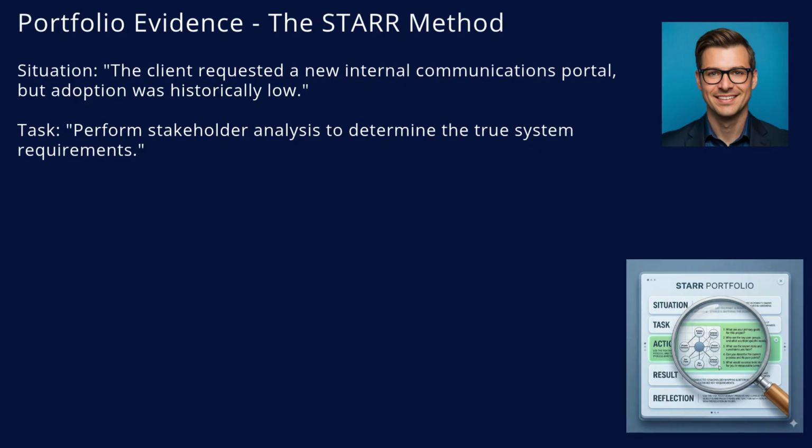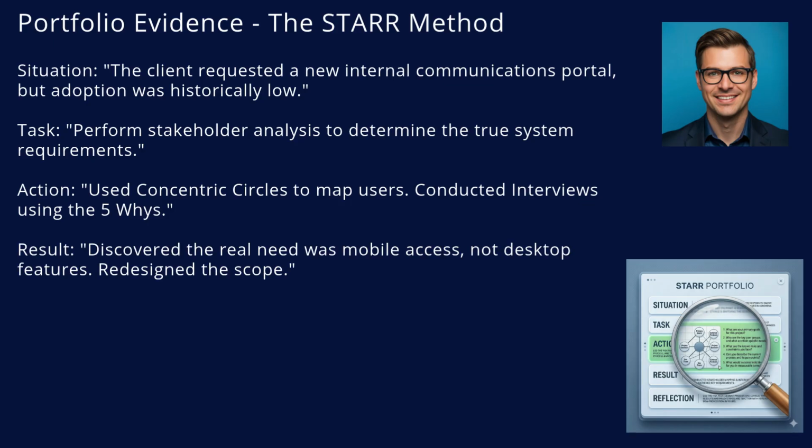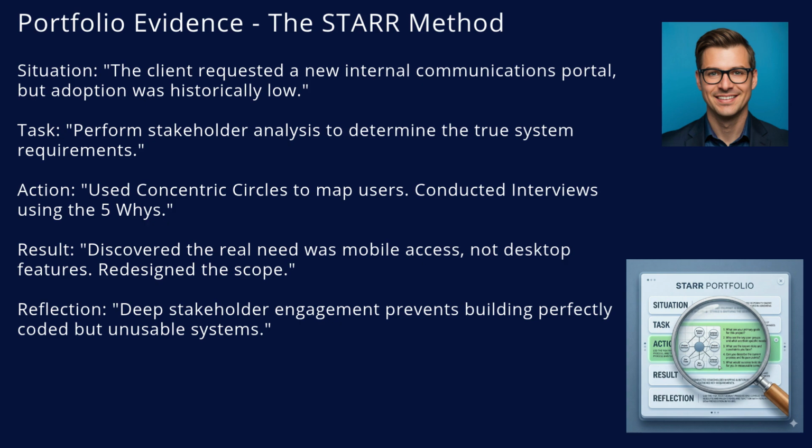development began. Action: I used the Concentric Circles model to map all user groups. I then conducted targeted interviews using the 5 whys technique, bypassing management and speaking directly to the remote field workers. Result: I discovered the real, unspoken need was entirely mobile access. The desktop features management requested were useless to field staff. I successfully redesigned the project scope based on this evidence. Reflection: I learned that deep, empathetic stakeholder engagement is the only way to prevent building perfectly coded systems that nobody